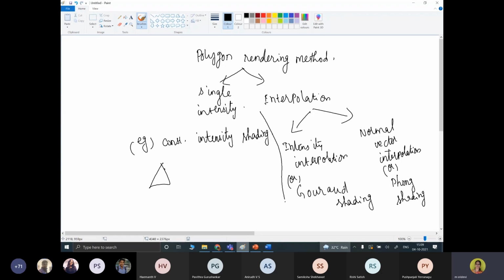From this we are continuing again. How are we going to give the shading? We are going to discuss these methods 1, 2 and 3. As I said earlier, the constant intensity shading method is very simple. We can shade the objects with whatever intensity we want. Now coming to the second, intensity interpolation, how are we going to render the object?